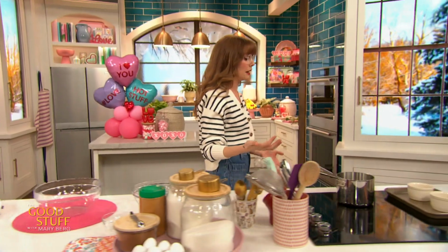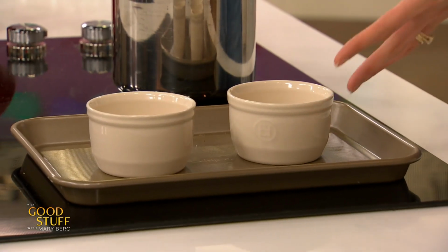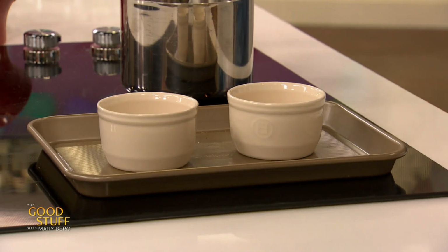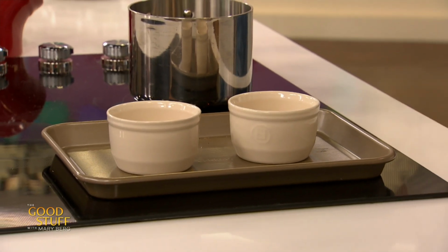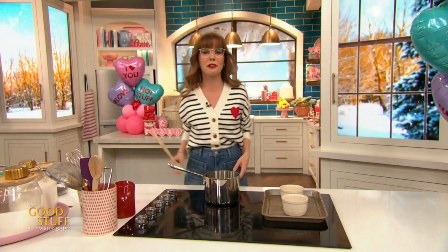baking these cakes in. So for that, I wanna use ramekins. So I've got 2 little ramekins here. This recipe makes enough for 4. So if you're feeling the need to share, maybe you're having like a double date Valentine's Day thing, feel free to do all 4. I'm gonna do 2 today because, you know, it's what I feel like doing, so we're